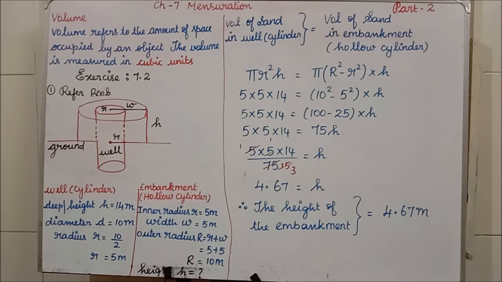Clear, students? I hope you all understood the part 1 session, isn't it? And also all of you have written the tabular column which is given in your book, the formulas. In that tabular column itself, you have a separate column for volume. So you need not write the volume formulas again, you already have them in your classwork, or else you can refer to your book also. Clear? Now we'll start the exercise 7.2 first problem.